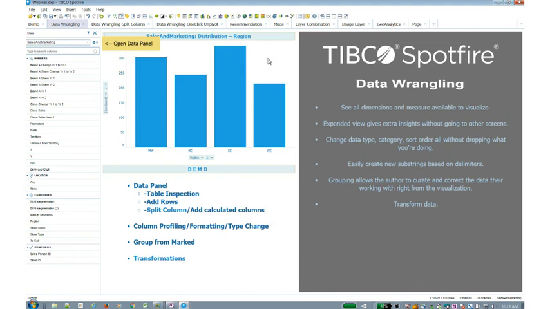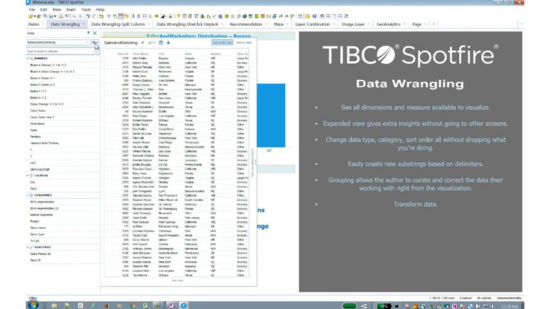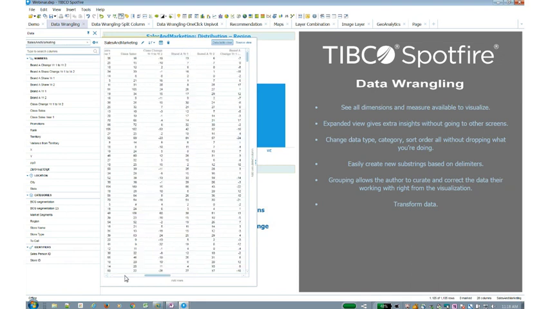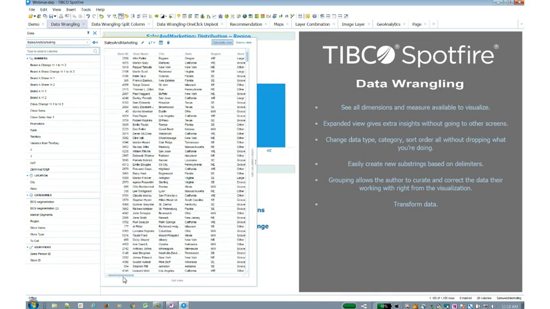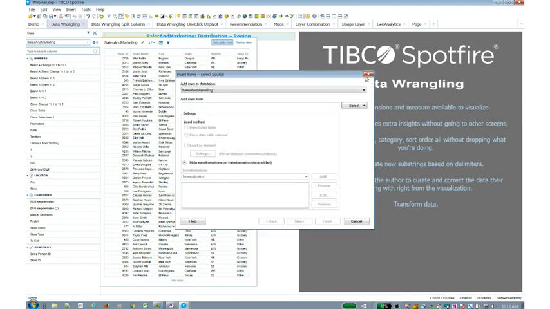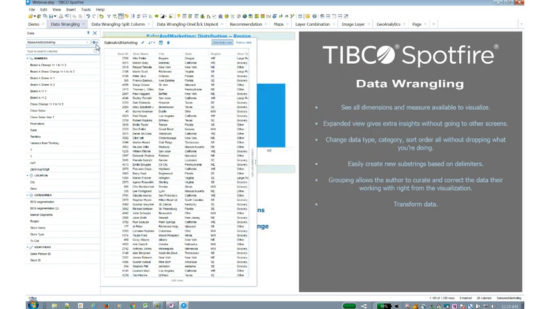One of the ways that we do that is doing this inline data wrangling. And the way that we do that is, of course, when you bring data and you're analyzing it in Spotfire, you have this capability to be able to open and view the data, whether you're interacting with the data to see what it's like and you're profiling it to see what information is there, whether you want to add calculations to the columns or add rows to the data, you can with simple little dialogues that help you create additional content to it.